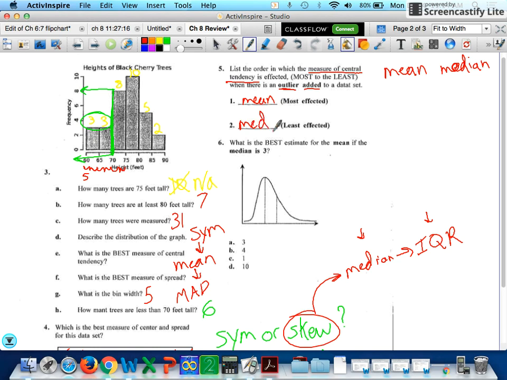For number 6, we follow along that same idea. It says our median is 3, and we want to know what the best guess for the mean would be. Well, our median is always right here in the middle, and it wants to know what that mean would be. Well, skewed to the right means it's going to take our mean and drag it to the right. Dragging it to the right puts us somewhere around 4. You could argue 10, maybe, but I would say